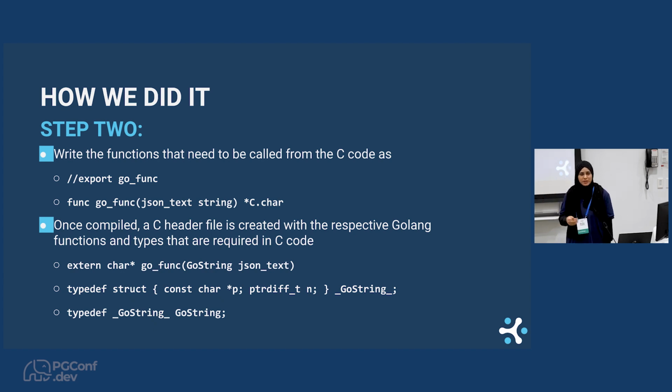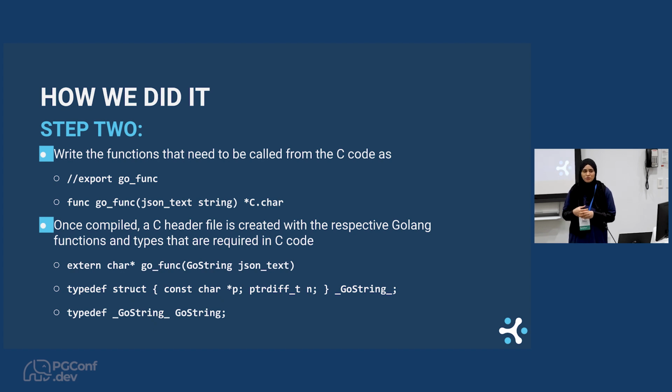And also any special structure or any special data types that Golang has, for example, string, etc., that is also defined and declared in this part of the code. So now your C also understands what is Go string as a special type, and the magic is that